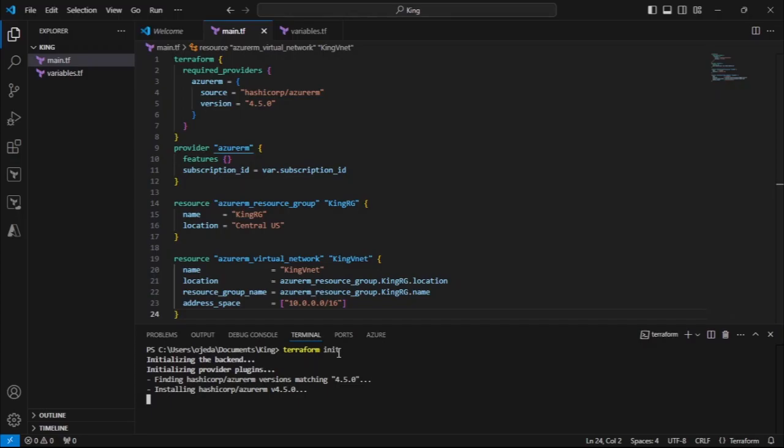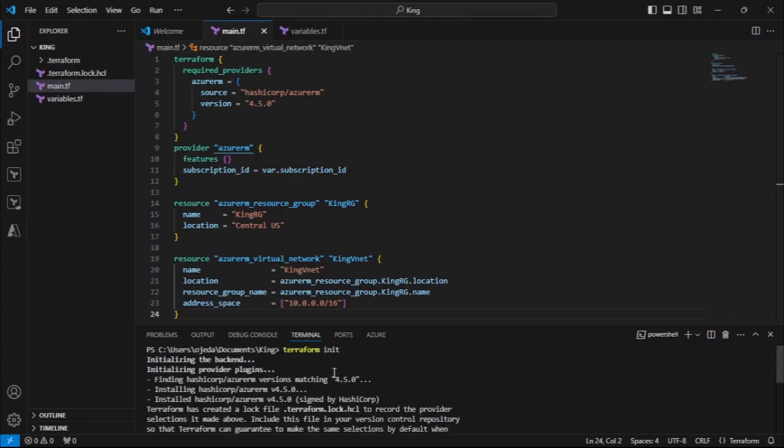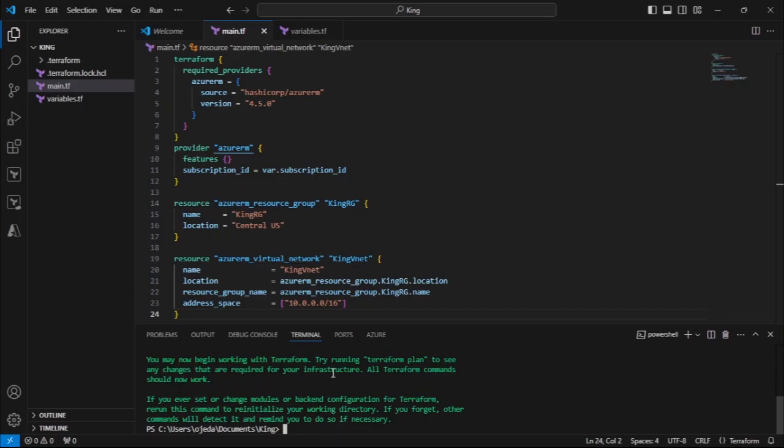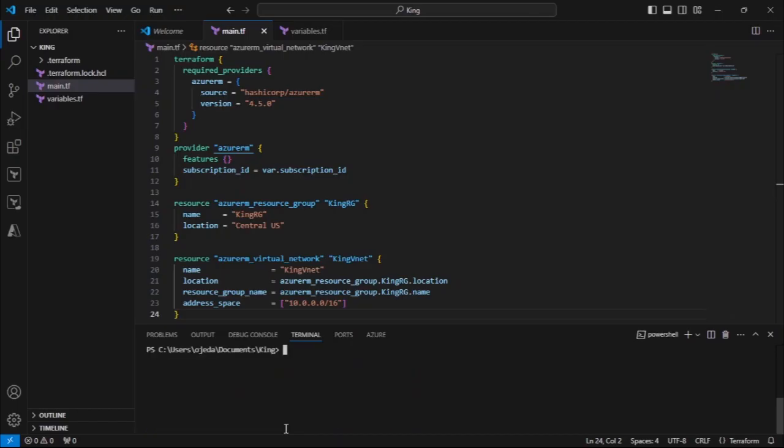When there is that pop-up and I ignore that pop-up, I'll be having issues deploying. Terraform will not be able to provision my resources. Oh, the pop-up didn't come this time around. All right, let's continue. So let me clear this. Now we've initialized